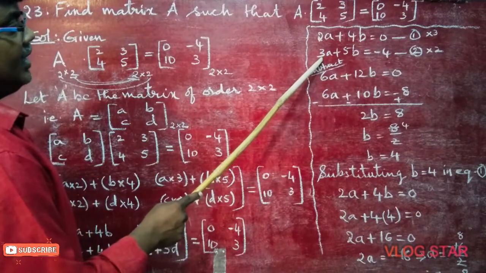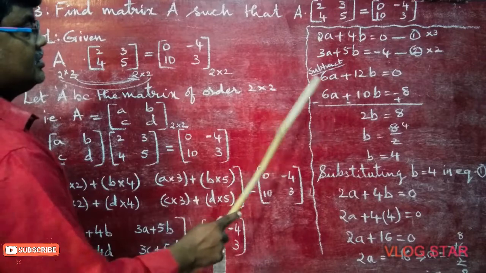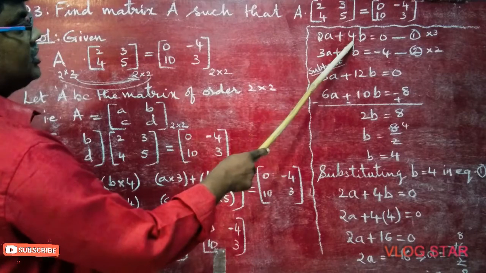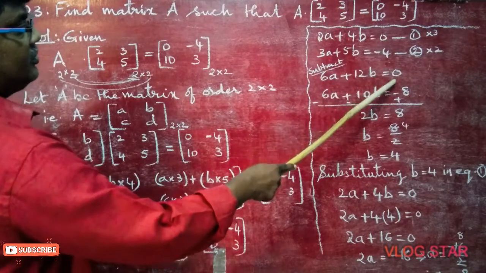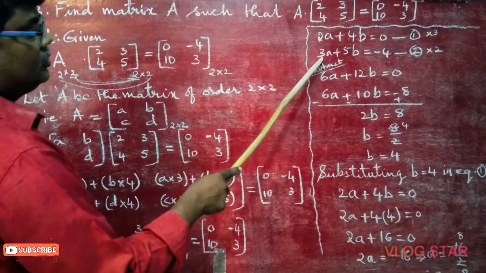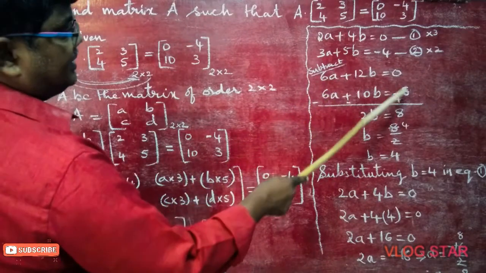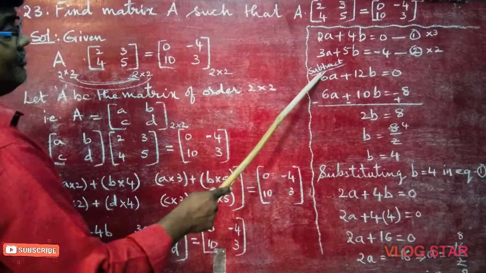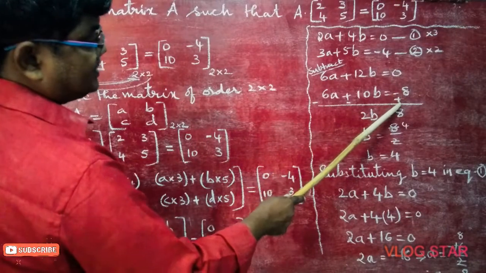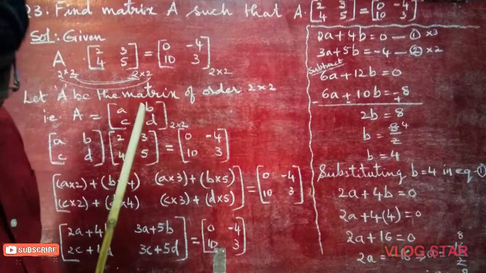Now I don't want A. So this 3 I will take here and multiply, and this 2 there, interchanged. With 3 you are multiplying the complete equation: 2 threes are 6A plus 4 threes are 12B is equal to 0, 3 zeros is 0. We have multiplied with 3. Coming to the second equation, we multiply with 2: 3 twos are 6A plus 2 fives are 10B is equal to -8. Now signs are the same, so we have to subtract. Plus becomes minus, plus becomes minus, minus becomes plus. The second equation's signs change when we are subtracting. Plus and minus get cancelled.